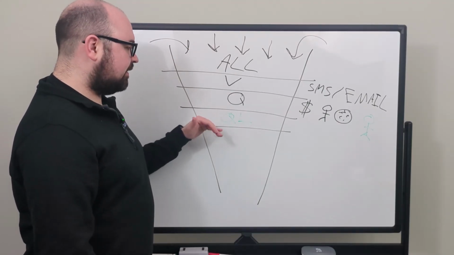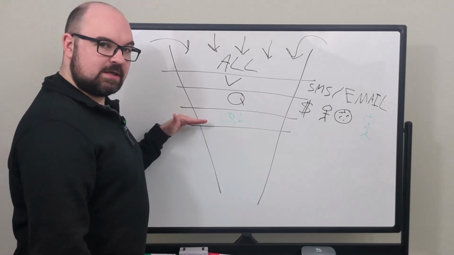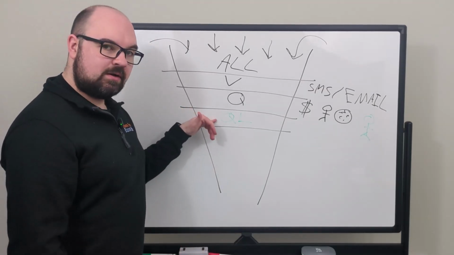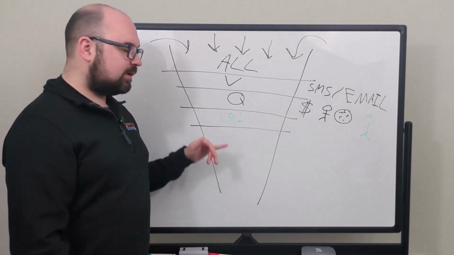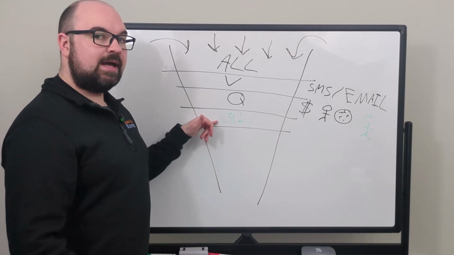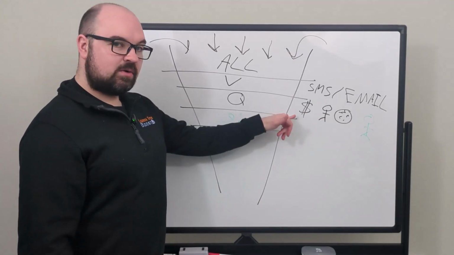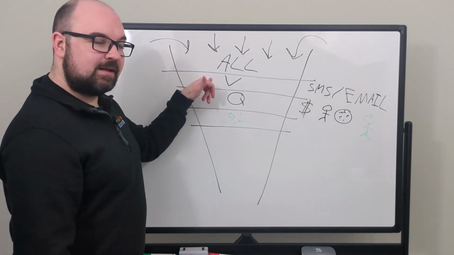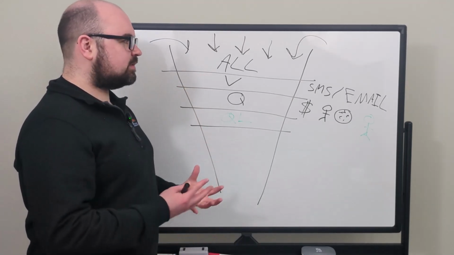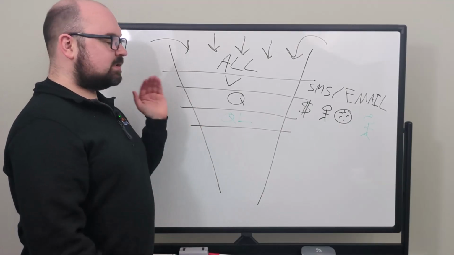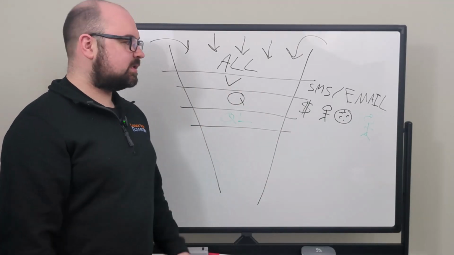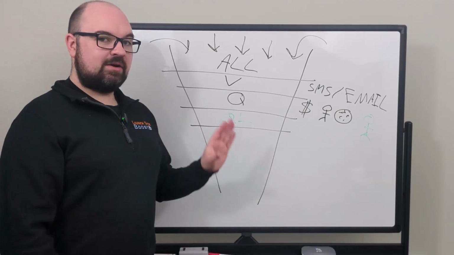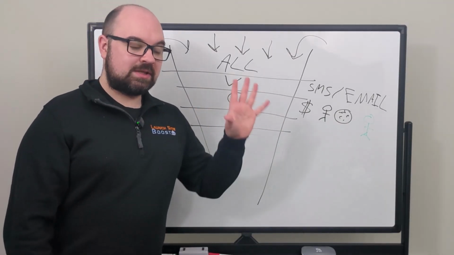Then when you get down here, you can start being a bit more personalized with these people, because you know you're not wasting your time if you pick up the phone and call them, or record a Loom video and email it to them. You know it's going to be valuable to them because they're qualified, and you know they're going to get it in their inbox because they're verified as well. There's a whole host of reasons you want to do this, but it speeds up the process so much, and it speeds up your pipeline progress as well. Yes, it may get rid of 50% of your pipeline, but that's a good thing.